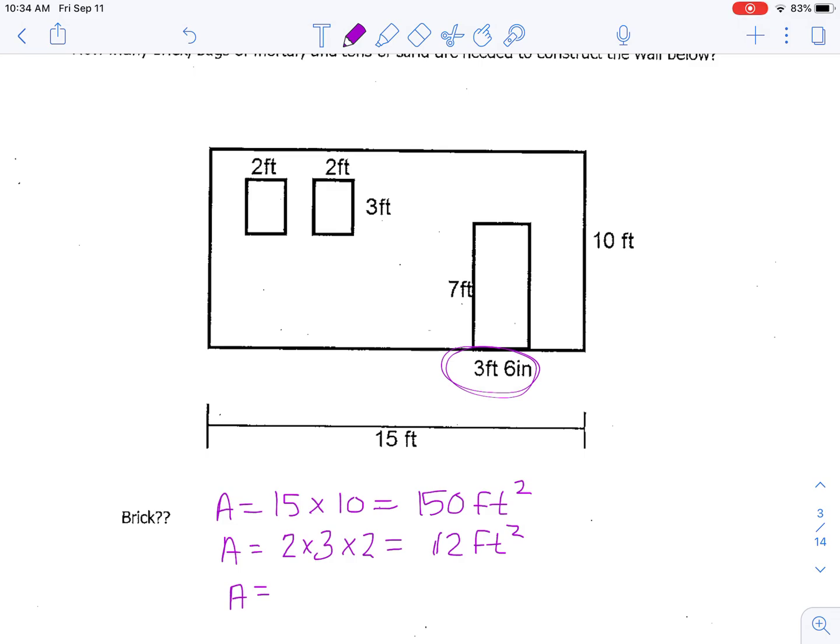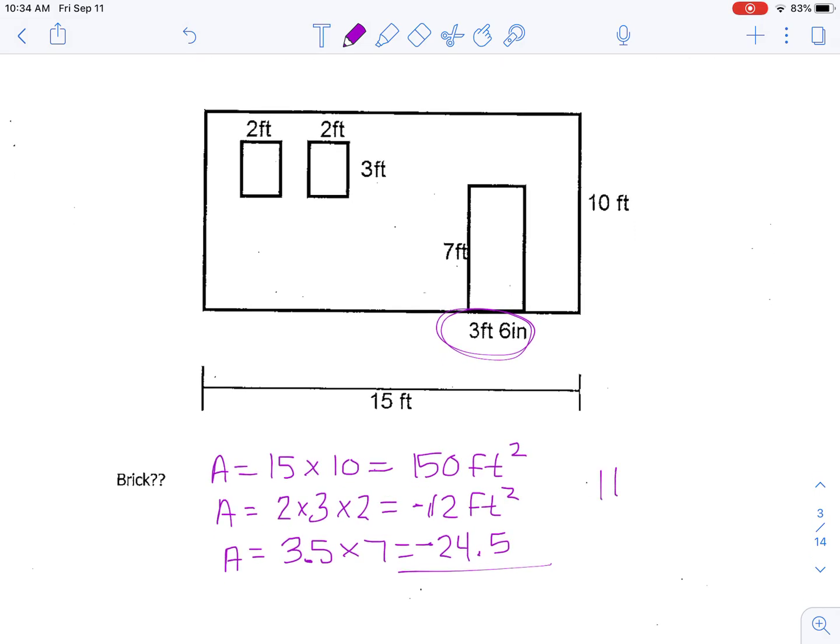But 6 inches is half of a foot, so we're going to make this 3.5 times 7. And remember that because it's the net wall space, we're going to subtract those things. So take your 150, subtract out your 12, subtract out your door, and we get